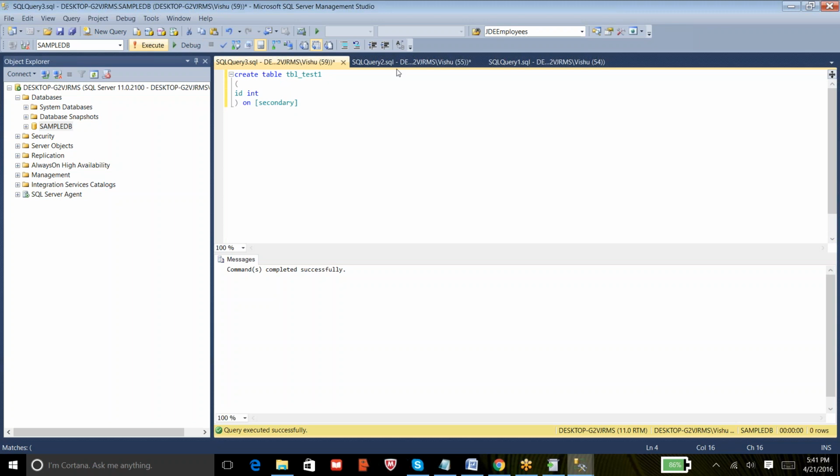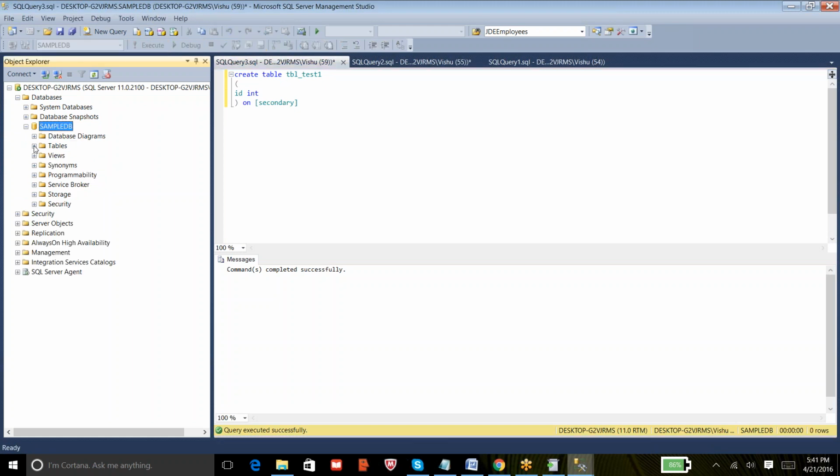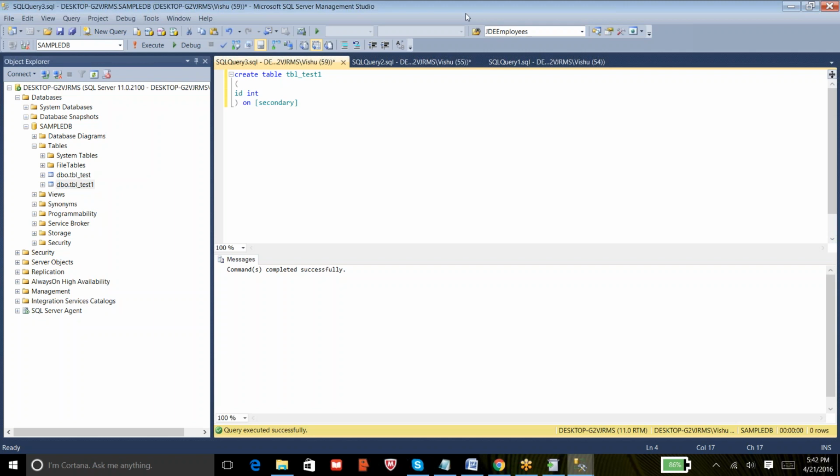You can execute this. I just renamed this table, so a new table is getting created on my secondary file group. So under sample DB, we now have two tables. The first table resides on primary file group and the second table resides on secondary file group. So any questions about the file groups?